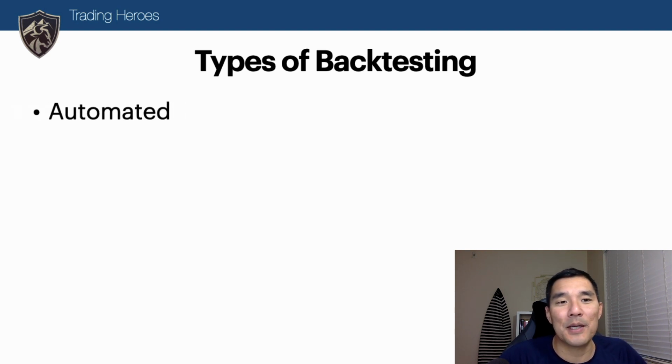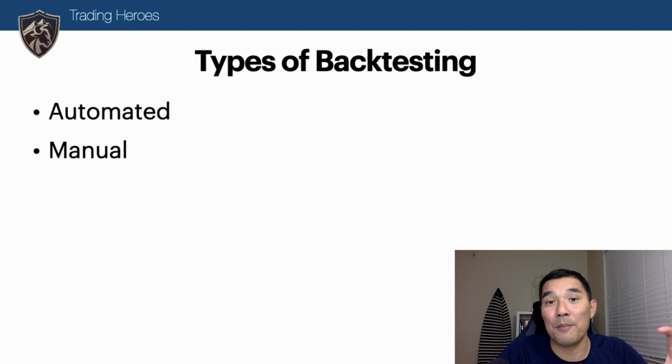So there are basically two types of backtesting: automated backtesting and manual backtesting. In automated backtesting, you're either going to write a computer program or you're going to use a program builder that will create an automated trading strategy. Either way, the computer is going to trade 100% for you, entries, exits, and everything. With manual backtesting, you're going to actually manually enter each trade just like you would if you were live trading. And there's a little gray area in between where you can do some semi-automated backtesting, but those are the main